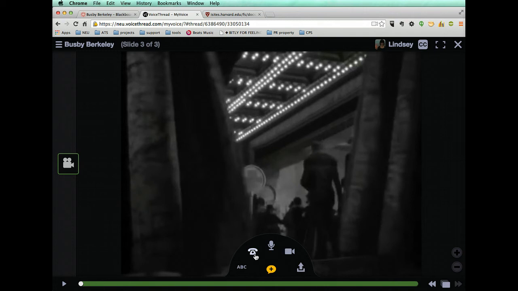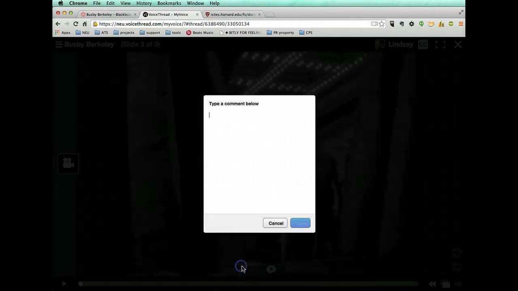We only have a limited number of minutes. I think every user has a default of 2 minutes, and maybe we can up that if we need to, but it is good to know that if somebody gets stuck the first time, if it's the beginning of the semester, they can use a cell phone to make their comment, and VoiceThread will add it into the flow of the VoiceThread. And then students, if you don't want to record audio or video, you can add a text